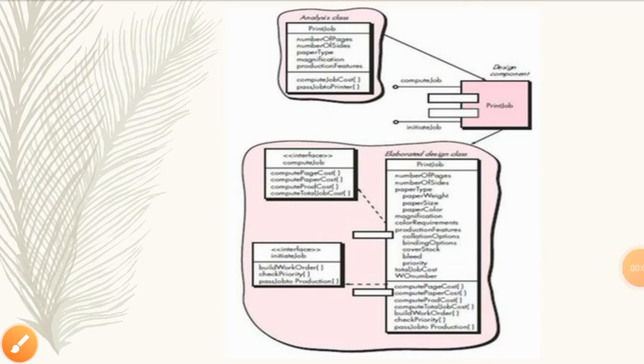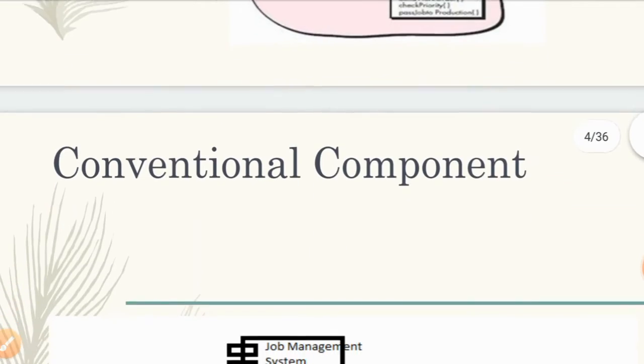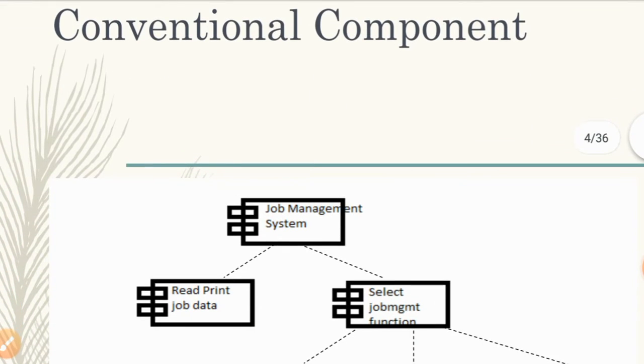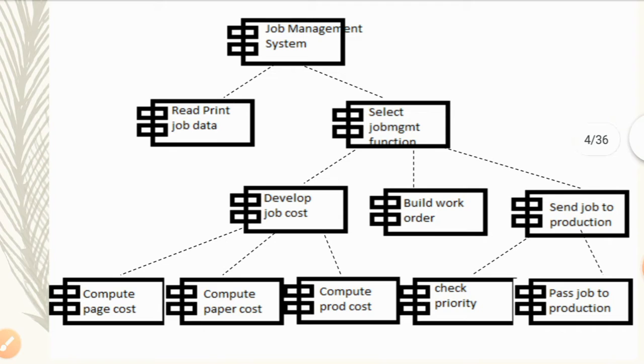Here we are done with the first view of your component, that is the object oriented component or object oriented view. Now the second one is the conventional component. So what is the conventional component? We will see. The conventional component describes your component in conventional format, that is the conventional concept